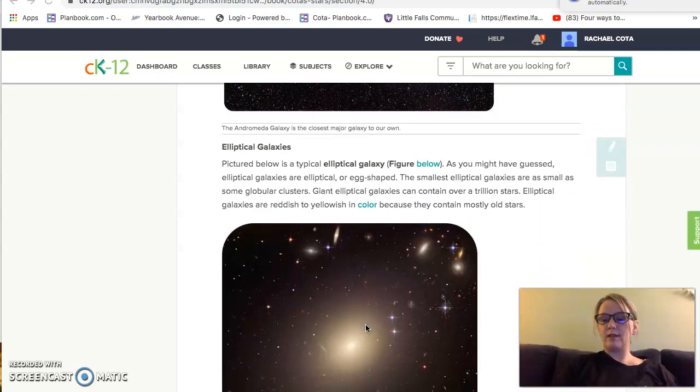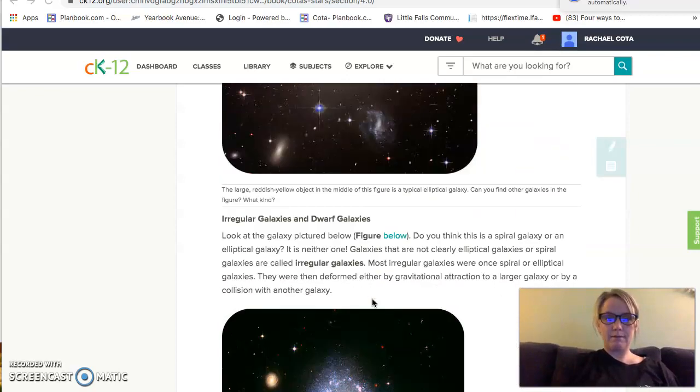And the other main point is that galaxies come in 3 different categories, and those categories are based upon the shape of the galaxy. All right, now